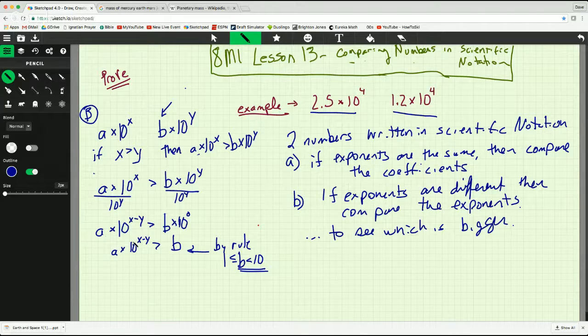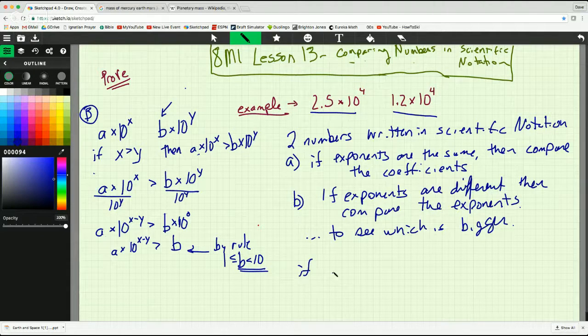Well, I know that a is at least 1. And 10 to the x minus y: if x is greater than y, then I know that this exponent has got to be positive. Let me write that over here on the side. If x is greater than y, then x minus y is greater than 0, right? If I subtract y from both sides, I get x minus y on the left side, and on the right side, I get greater than 0. So if x minus y is greater than 0, then